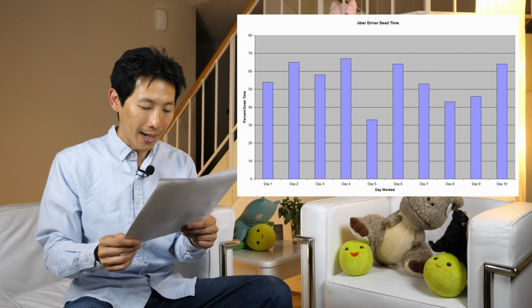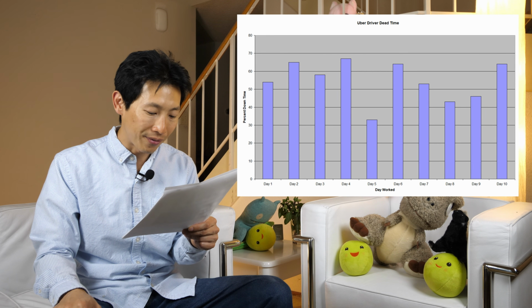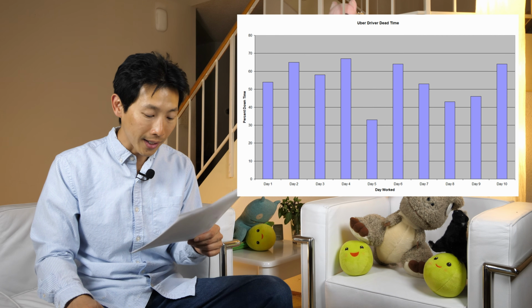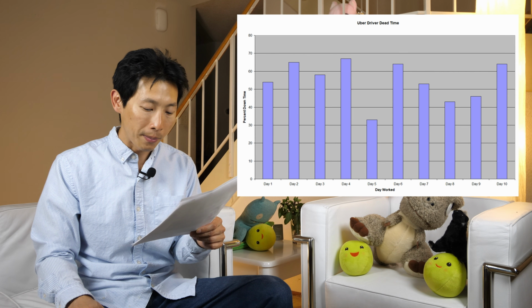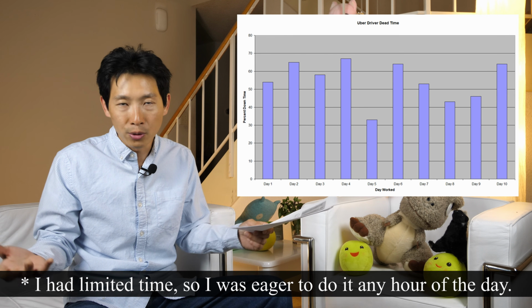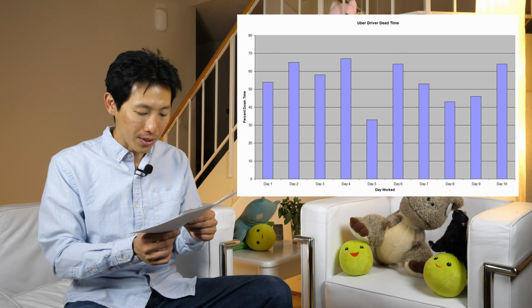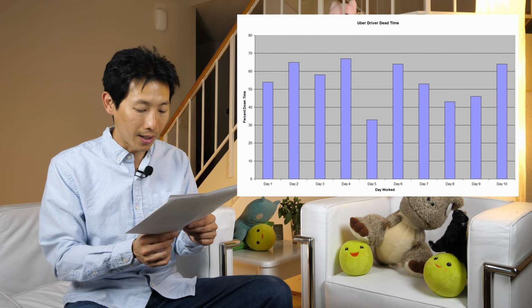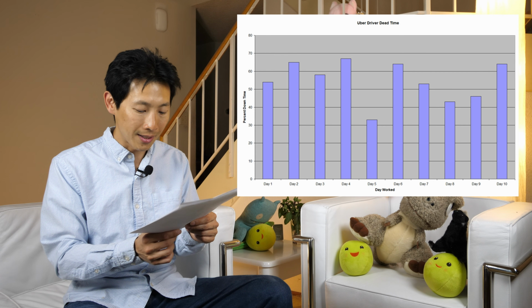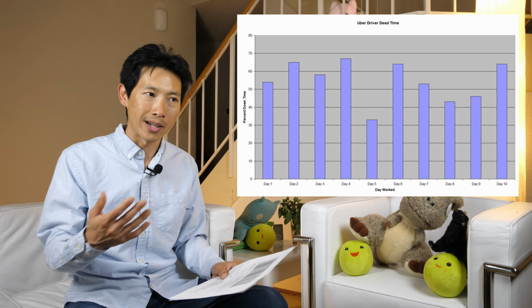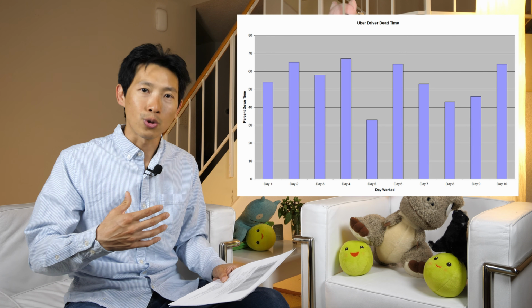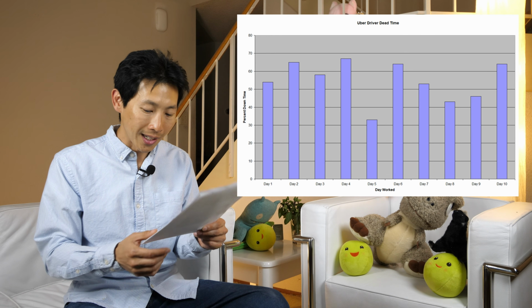Day two, I had a dead time of 65%. I was driving on the weekday 8 a.m. all the way to 3 p.m. So, I was still driving around that dead time. Day three, I had 58% dead time. Again, I was driving during the not so high demand times. At that point, I wasn't really trying to avoid it, but I was just trying to do it more and more often to gain experience.